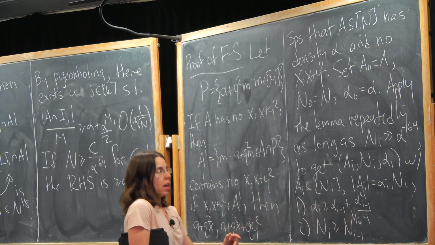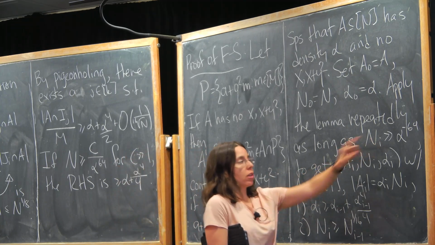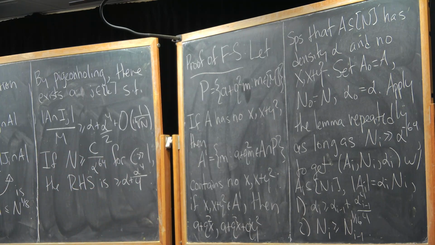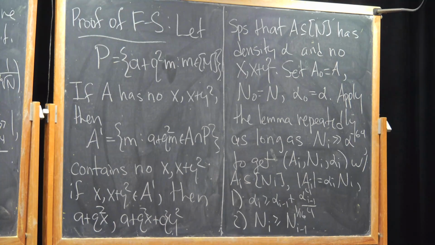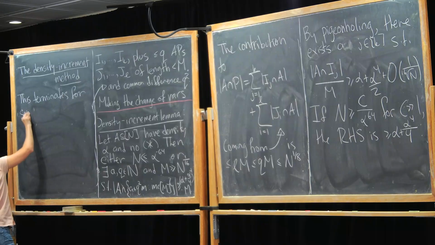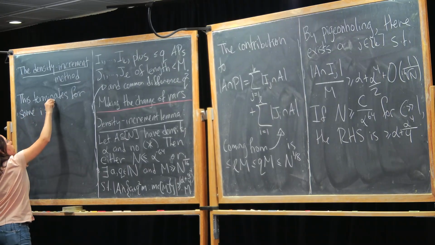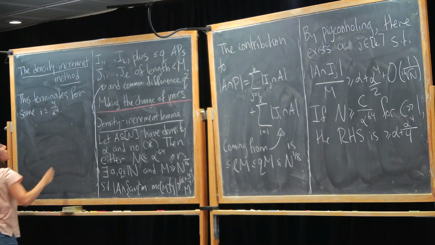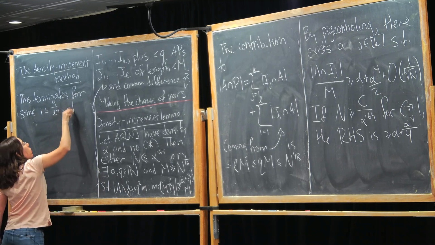And then at that point, this largeness assumption must fail. So we get that this terminates for some i below 4 over alpha to the fourth, at which point